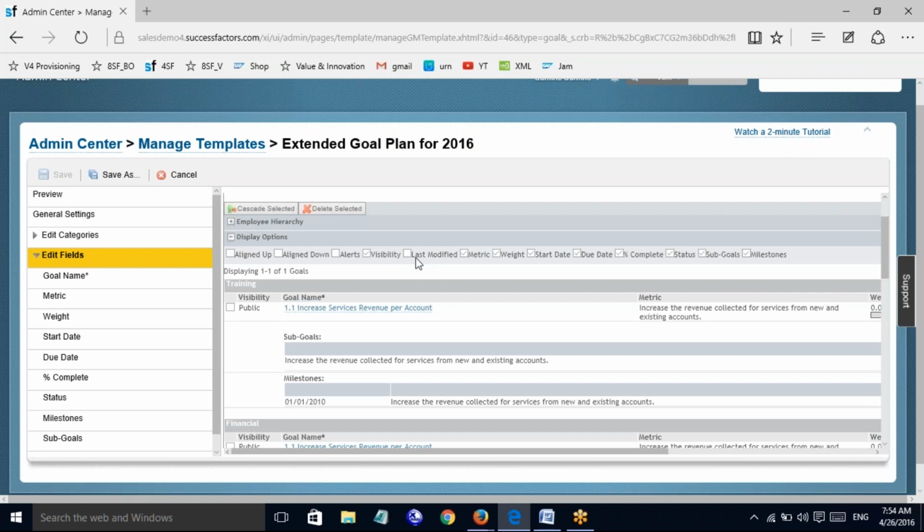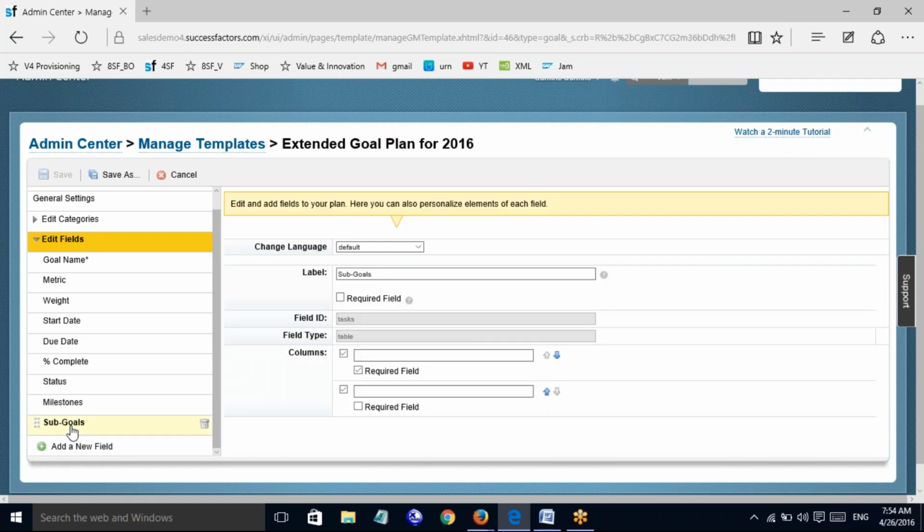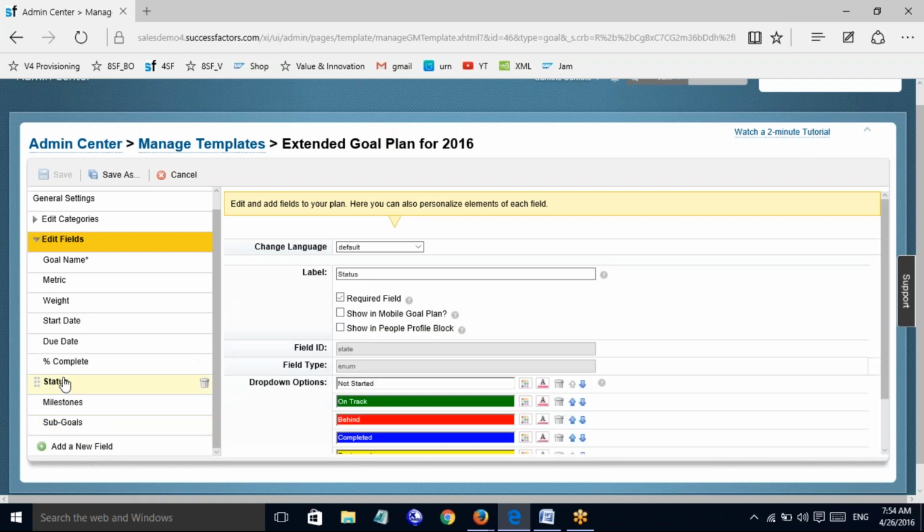You can also change the order of these fields listed in the edit fields section within your drop down list. For example, let us see the status here. You can see there is a new goal, and maybe sub goals, it is added, is required. Everything is there. Now let us understand first the status. The status is the field where you can add and remove the status levels for the users. You can't hear me?